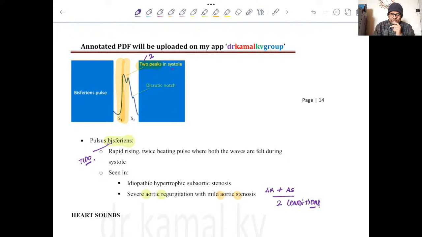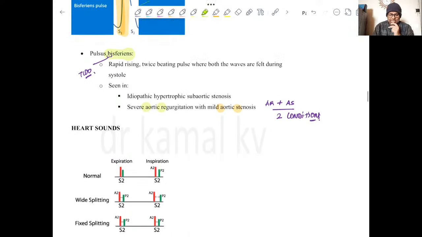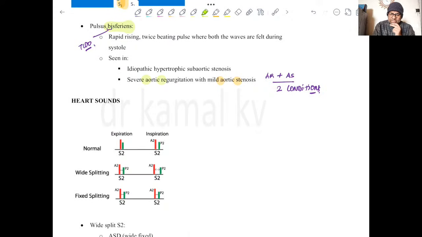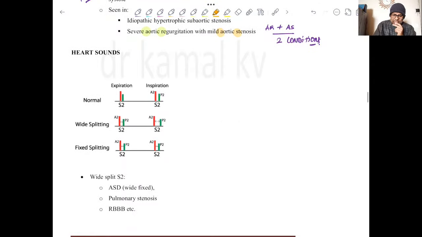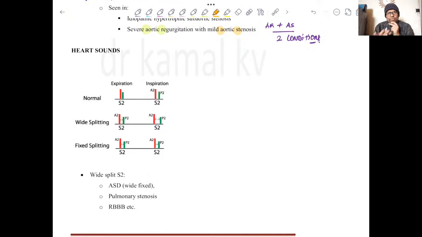Okay. So just remember pulsus bisferiens: two upstrokes in systole, and two conditions like AR plus AS. Then moving forward to heart sounds, I am more interested in discussing the second heart sound because of that physiological beauty in which the two components, that is A2 and P2, vary with the phase of respiration. Like in expiration they come closer,